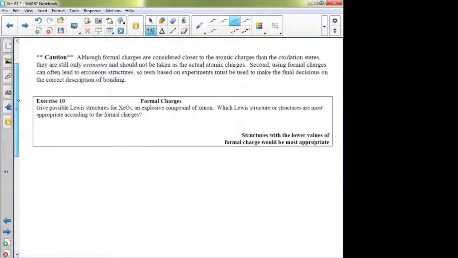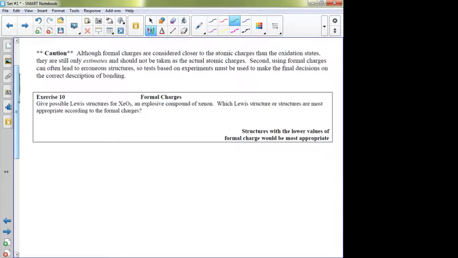All right. So the caution is these are only estimates. If we really honestly wanted to know the real true way to draw it, we would have to do an experiment. Just like everything else we always say in chemistry. The only true way to know how it's going to behave is if we do an experiment. Okay. All right, so